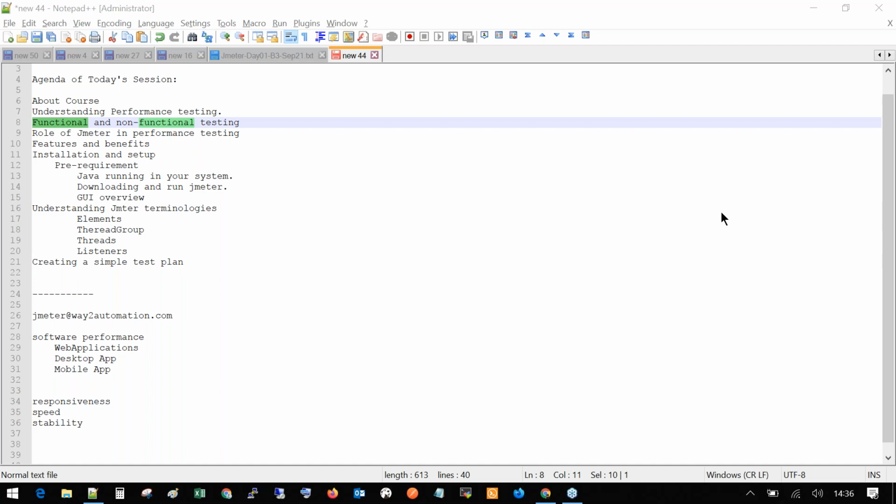All right. So we are talking about functionality. In functional testing, we validate the functionality by checking that a feature exists and is working as expected or not. Like the example we gave of a search bar: we search for a product and we get a product result, which confirms that the functionality is working fine. So if I talk about Flipkart,